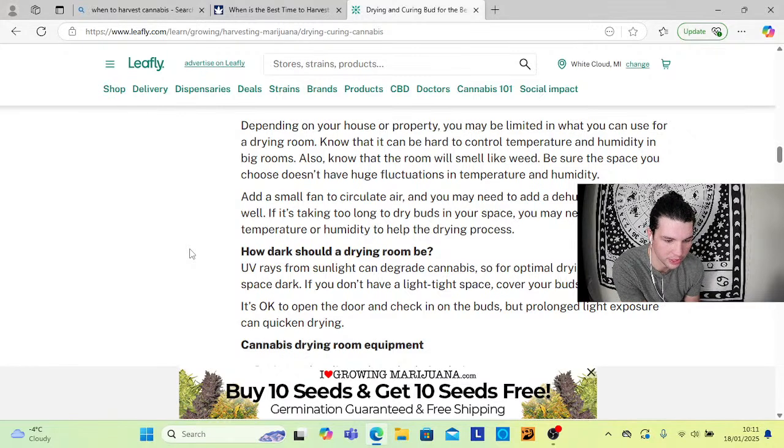How dark should you be in your drying room? UV rays from the sunlight can degrade cannabis plants. So for optimal drying, keep your space dark. If you don't have a light tight space, cover your buds. It's okay to open the door and check the buds, but prolonged exposure can quicken drying,